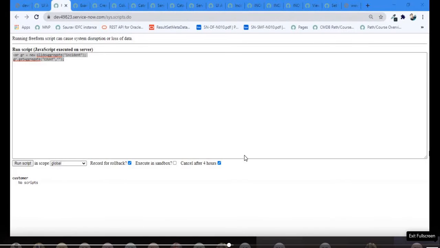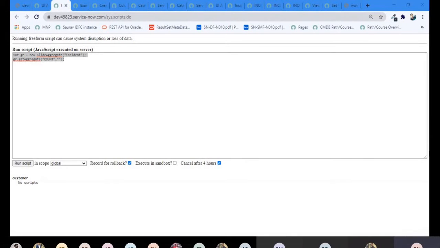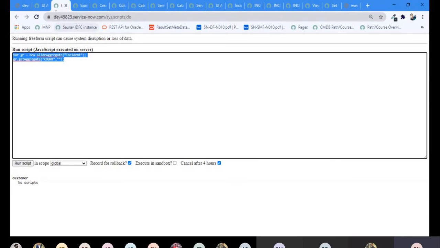Okay. So we were on the introduction to server-side scripting, guys. Again, I am telling you, we are not covering glide aggregate again today. I will give you a clean understanding of glide aggregate, but again in the Monday class, I hope so, because we did not get time from yesterday. Now we will continue with our previous stuff.